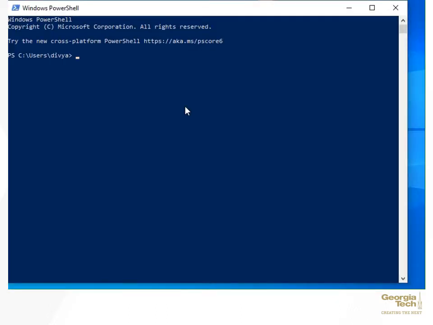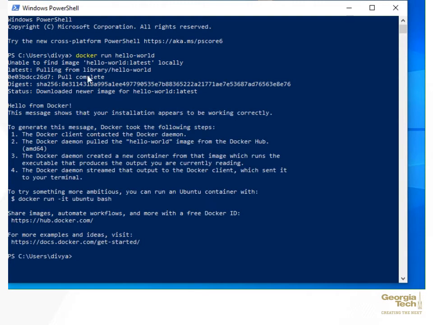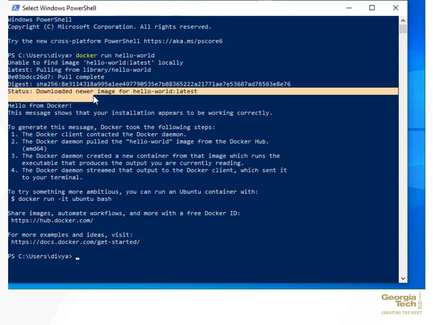So this is our PowerShell command line where we have installed Docker. So let's try to do Docker run. If you see the steps that are being executed, when I do Docker run hello world, it first says it's unable to find the image hello world locally. Because it's not there locally, it tries to pull from the Docker registry, that is the Docker hub, the default Docker registry available. Then it says pull complete, and then it says the status is downloaded newer image for